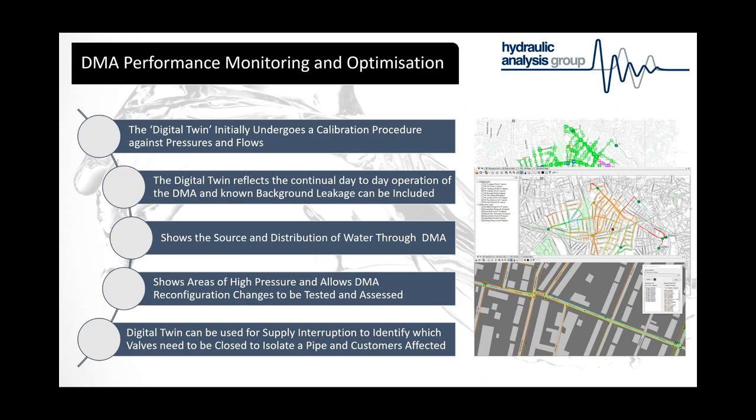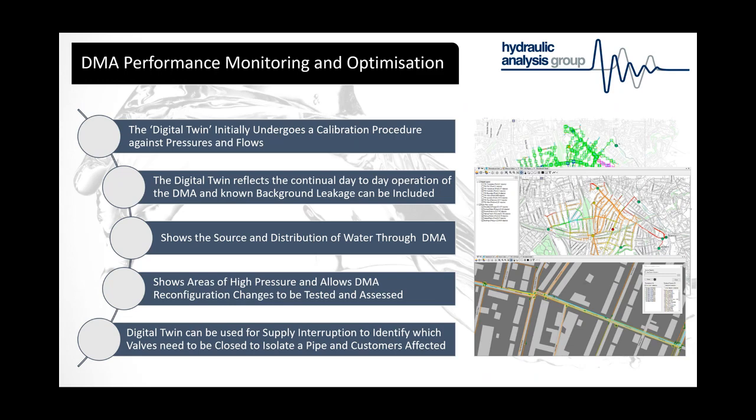So initially the twin will undergo a calibration procedure against pressures and flows. So we'll try and understand how the DMA operates, and the twin will reflect the continual day-to-day operation of the DMA, and also include background leakage, because obviously leakage is a very important factor, so we can include leaks. We'll first of all show the source and distribution of water through a DMA. So if it's got multiple feeds, you can see where that water goes, where it travels to, and where it mixes. We can show areas of high pressure,